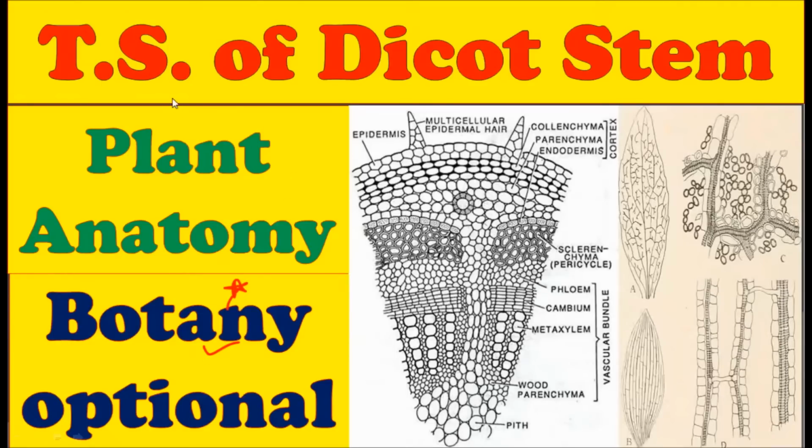In today's video, we are going to see the plant anatomy in which we are going to see the TS, that is the transverse section of the dicot stem. In a very similar way, we are also going to see the TS of monocot stem, TS of monocot root, TS of dicot root, so that we can study the comparative anatomy of angiosperm, gymnosperms, and other plant forms as